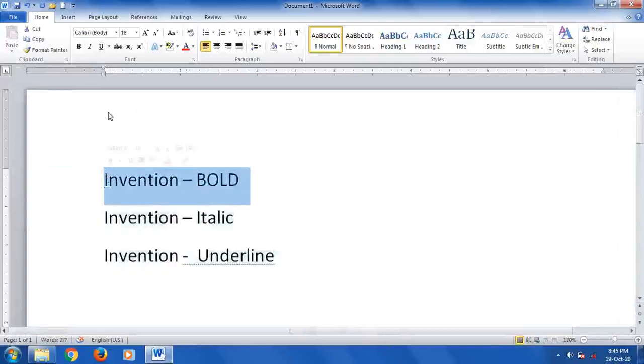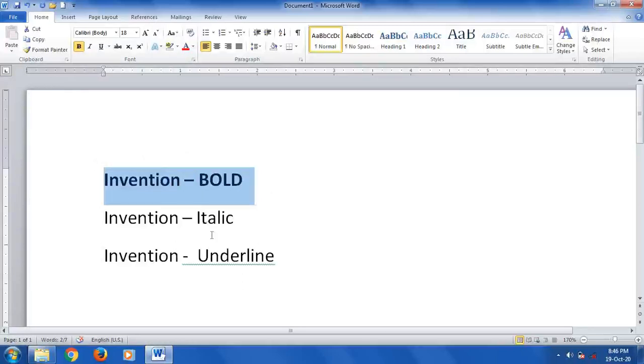So select the text and click on the bold option. On the Home tab, Font group, the bold option is given. Just click on bold. So when we select this bold, this text is darker than the rest of the text. You can see here, this text is darker than these two lines because the bold effect is applied for this text. You can use the Ctrl B button to make it bold. The shortcut key to make it bold is Ctrl B.